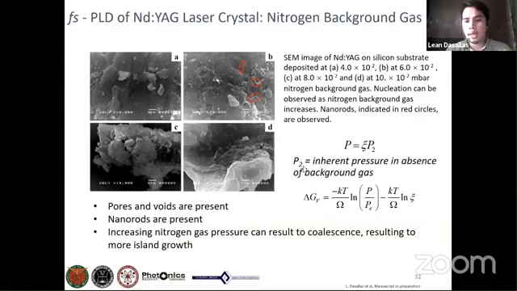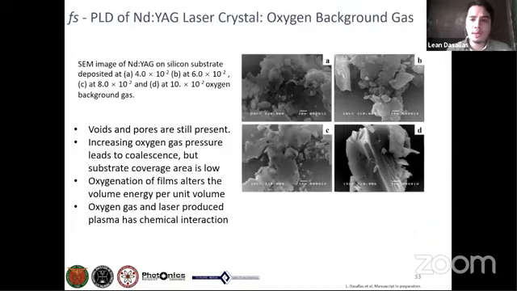And we explain it again using the volume-free energy. Okay, but when we use oxygen background gas, we did not observe the same behavior. And we think it's because of the chemical interaction of the oxygen with the Nd:YAG laser as it is being